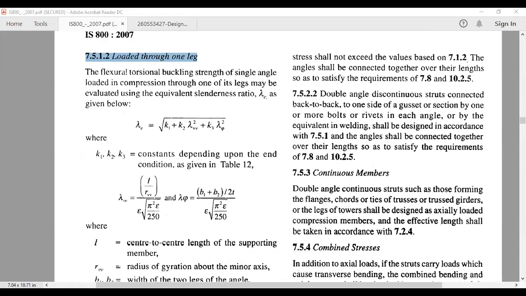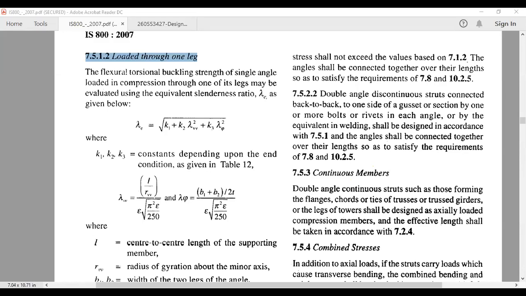Okay, except these two, the principal rafter and the bottom tie member. These two, we will be designing as double angle sections connected back to back like this. This is a double angle section, and this is also a double angle section. These two will be considered as double angle sections connected back to back.